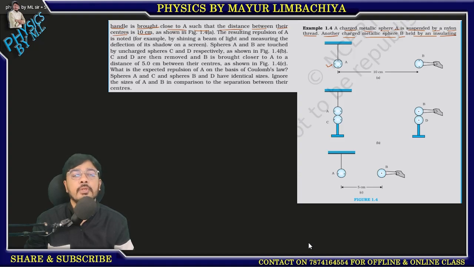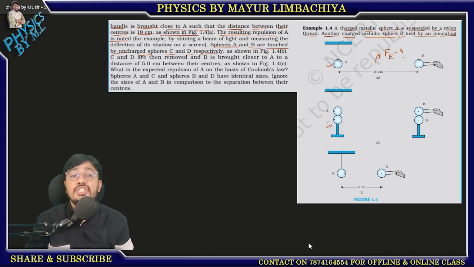Now, as shown in figure 1.4a, the resulting repulsion of A is noted, for example, by shining a beam of light and measuring the deflection of its shadow on the screen. Spheres A and B are touched by uncharged spheres C and D respectively. After that, first, what we have to calculate? We have to calculate the repulsive force between these two. Okay. Now, dear students,